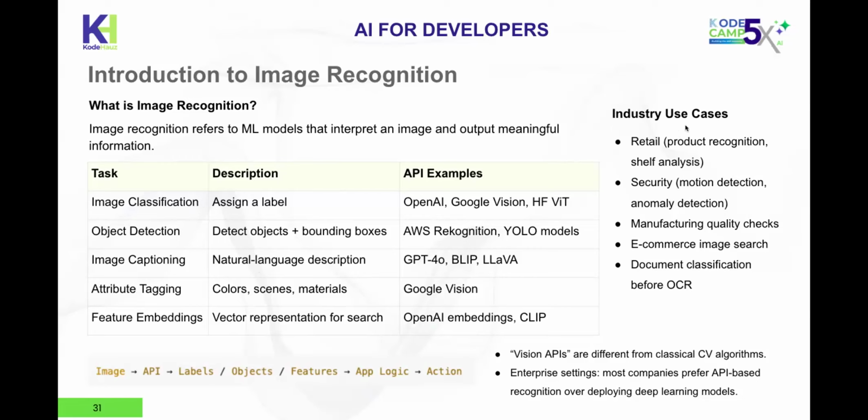So industry use cases for image recognition: you have retail, where you can use it for product recognition. You can use it for shelf analysis. You can even use it for inventory, where you want to see how we can identify things, right? So that's one of the good uses: product recognition, shelf analysis. Then